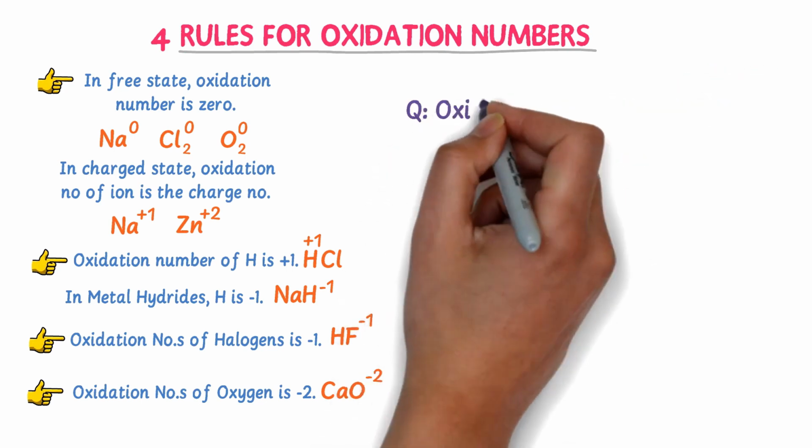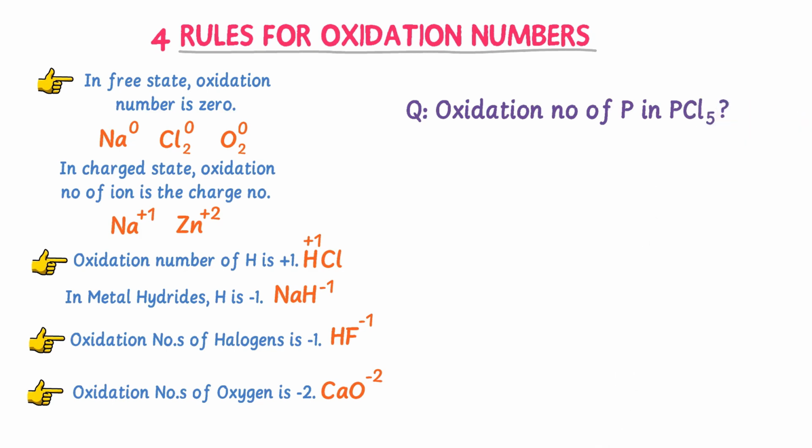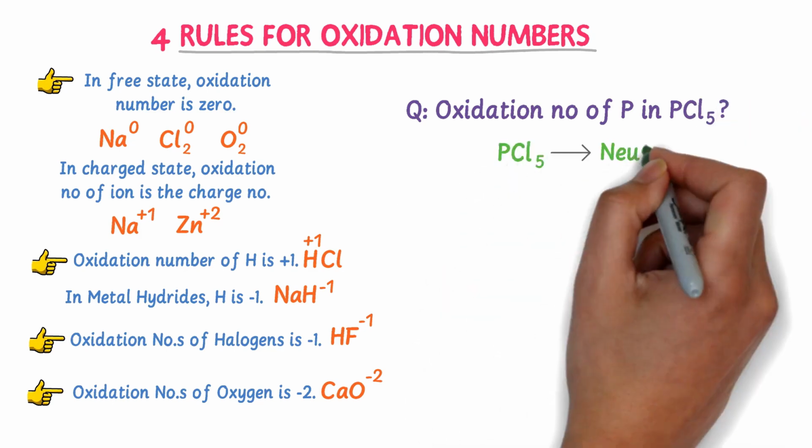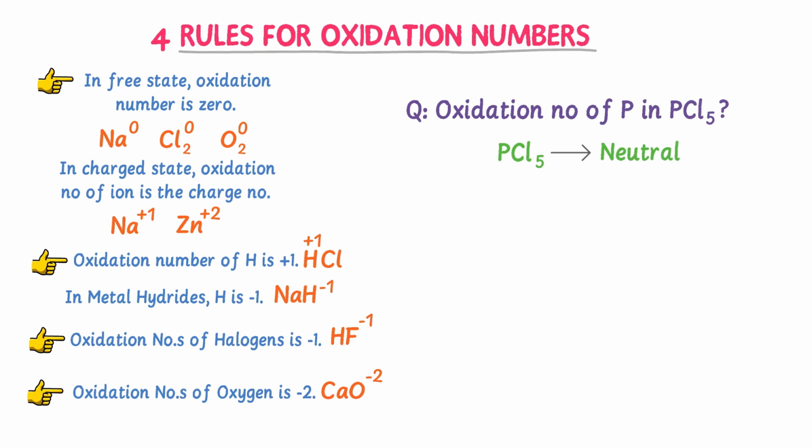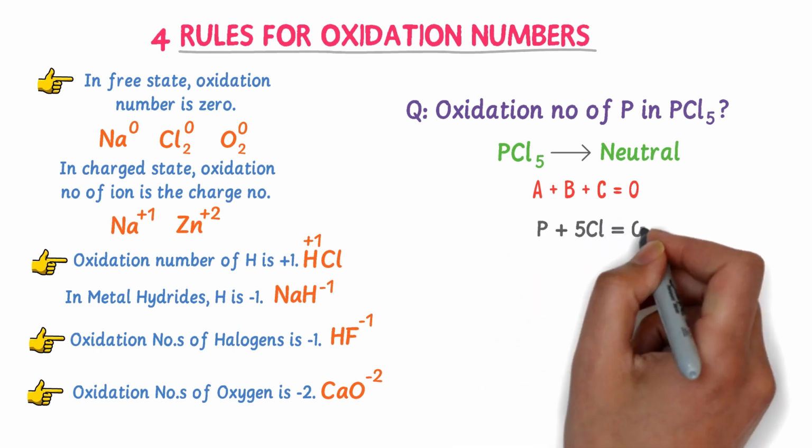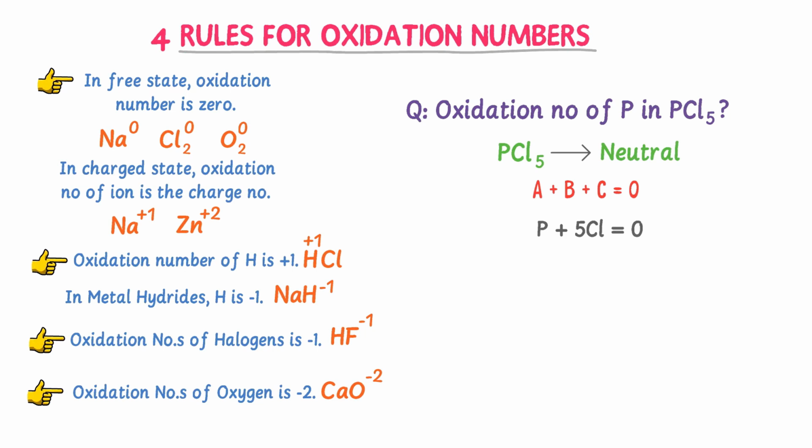Thirdly, find the oxidation number of phosphorus in PCl5. Well, it is a neutral molecule. The overall charge on it is 0. So the sum of all the oxidation numbers must be equal to 0. I write P plus 5Cl is equal to 0 because there is 1 atom of phosphorus and 5 atoms of